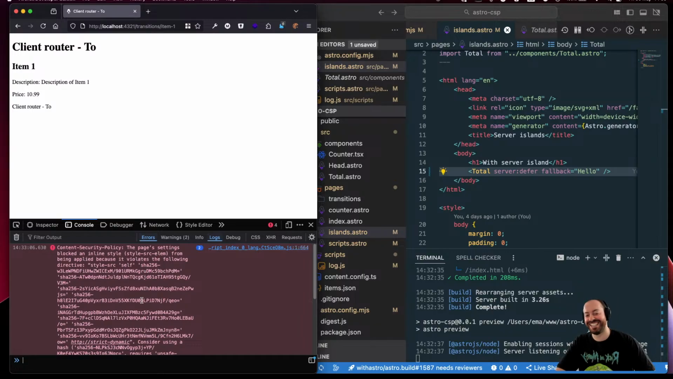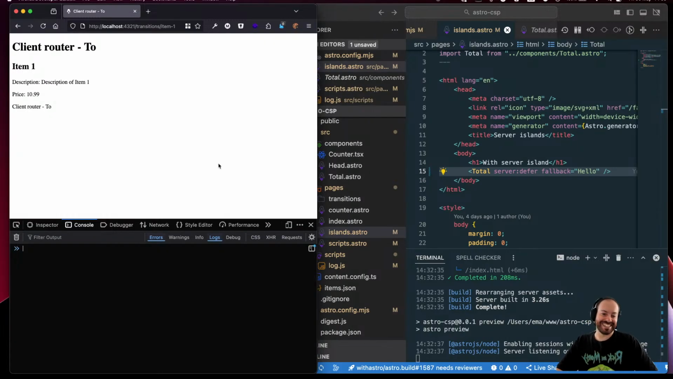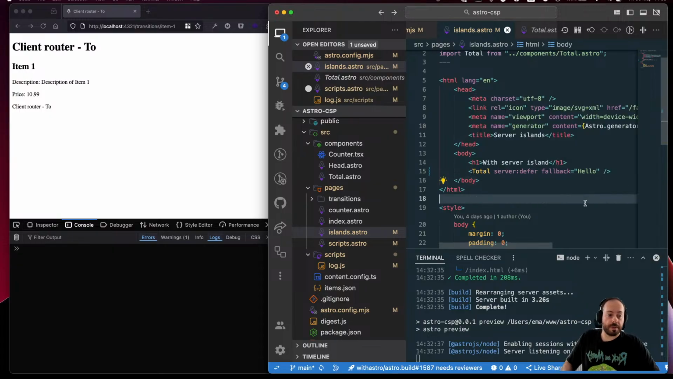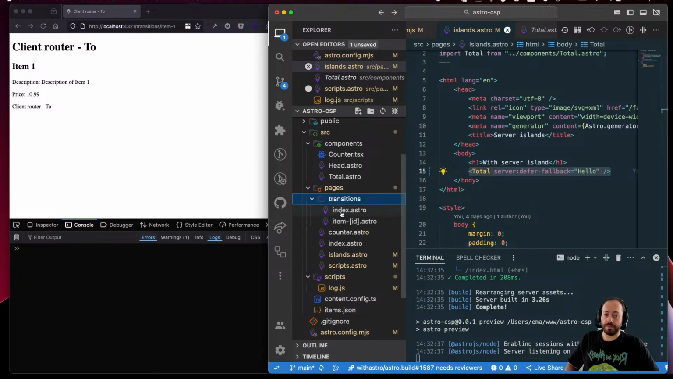It's another kind of interpretation. Yeah. So spaghetti code everywhere. Anyway, that's the deal with the client router. I have some tests that pass, but others have been disabled. However, I managed to have view transitions working with server islands. So let me see